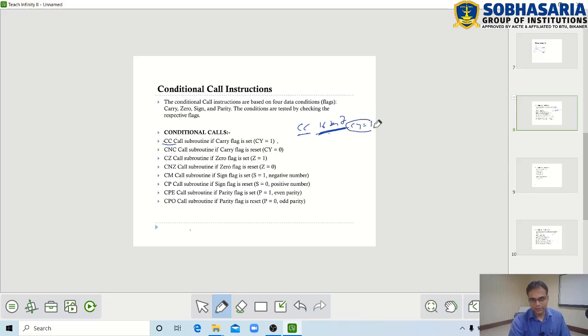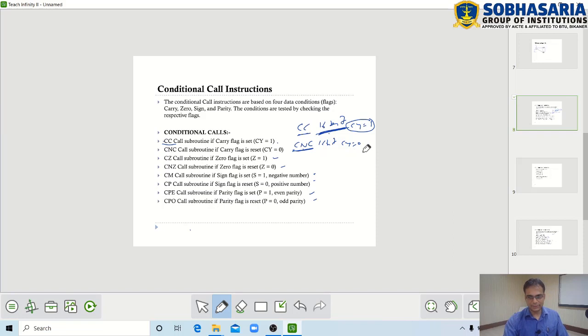If the condition is true, the carry flag is 1, the subroutine will be called, otherwise the subroutine will not be called, right? Similarly, if the carry flag is 0 and you want to execute the subroutine, that instruction is CNC, call subroutine on no carry. So CNC 16-bit will call the subroutine if the carry flag is 0, otherwise it does not call the subroutine. Similarly with the zero flag, sign flag and the parity flag, right?